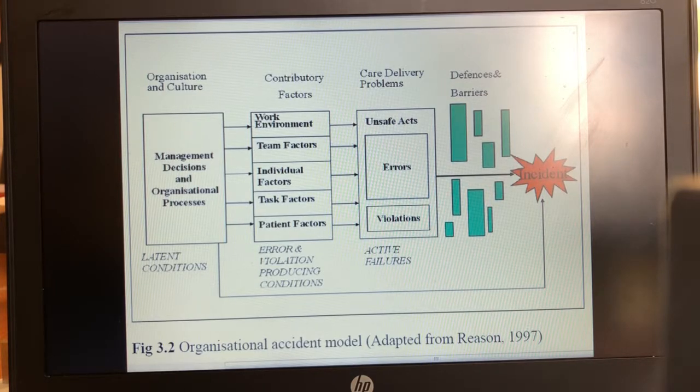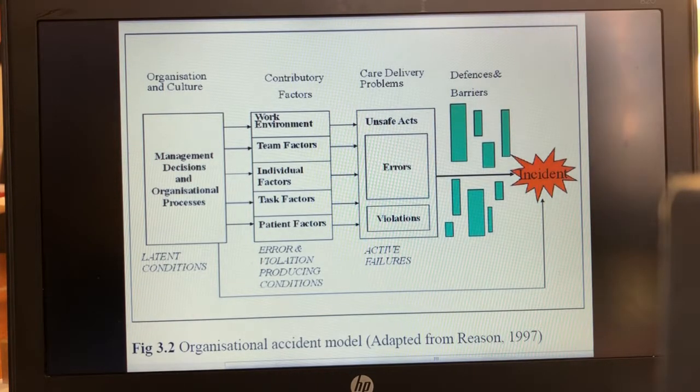And these are really committed, if you like, by people like us at the sharp end of the system who are actually operating it or working with a patient. So, for example, active failures are wrongly opening the bow door of a ferry, misreading the anaesthetic monitor, and these unsafe acts can and often do have immediate consequences,